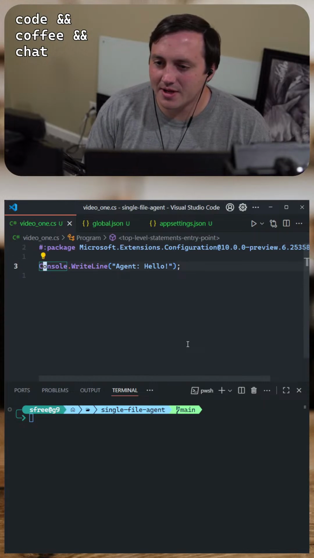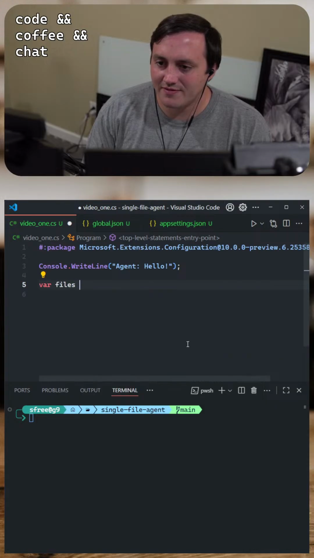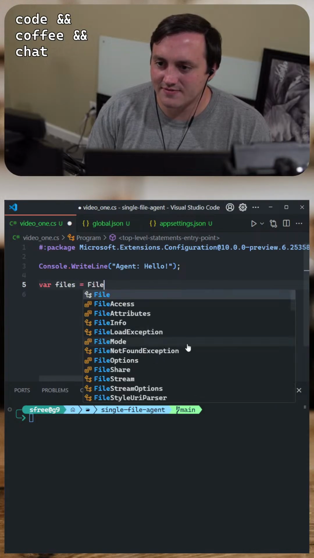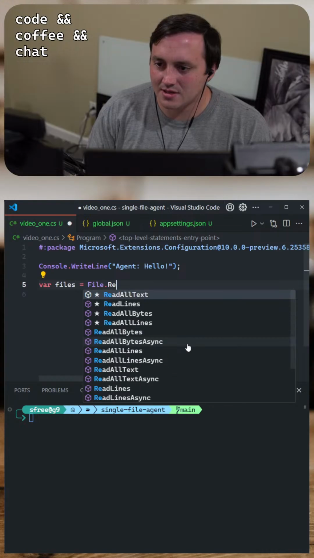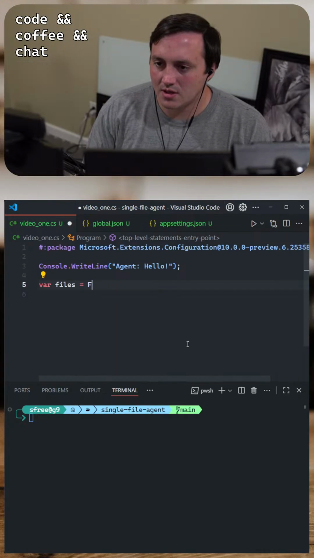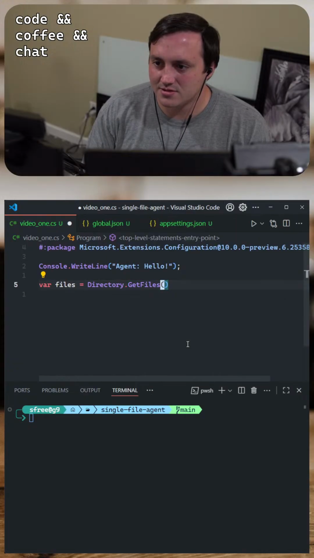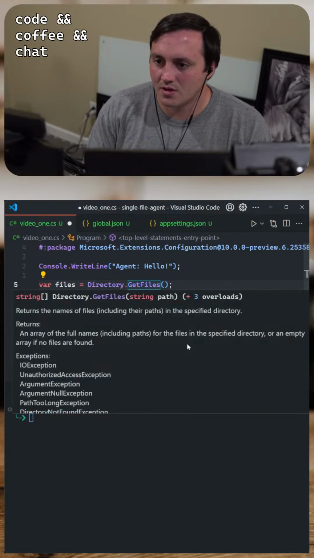Yeah, I'm kind of curious. var files = File.Directory.GetFiles. Returns the names of the files in the specified directory.